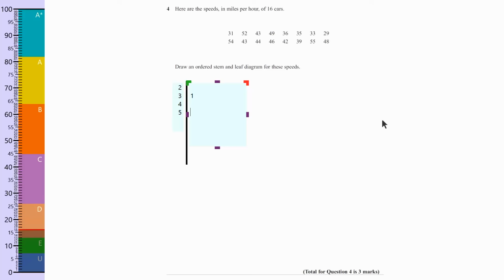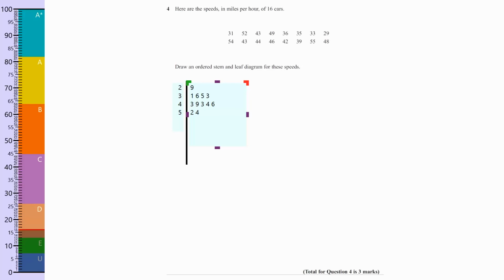52 would include a 2 down here, 43 would be a 3 here, 49 would be a 9 here, and don't put commas in these, you always just leave a space between these. 36 would be a 6 here, 35 would be a 5 here, 33 would be a 3 here, 29 would be a 9 here, 54 would be a 4 here, 43 would be a 3 here, 44 would be a 4 here,